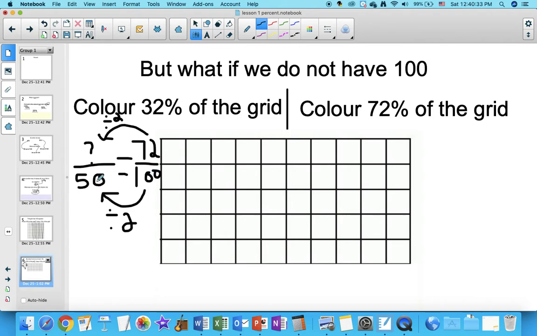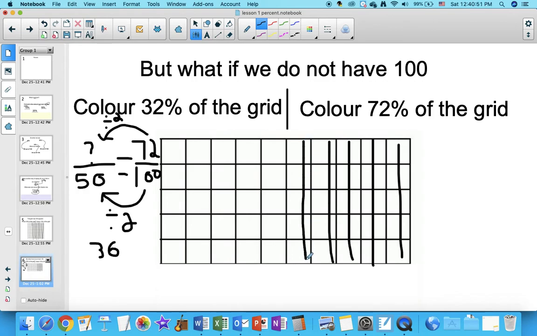So once you know how to turn the bottoms into each other, you do the exact same thing you did for the top. Right? And so 72 divided by 2 is 36. So that's as many as I need to color. So I go 1, 10, 15, 20, 25, 30, 35, 36. And that's 72% of a grid with 50 squares, right? So that's how you convert percentages